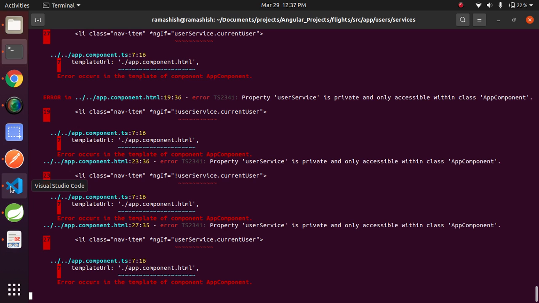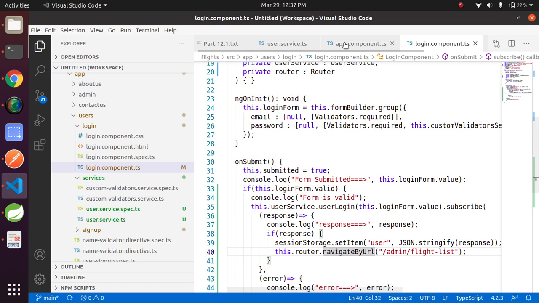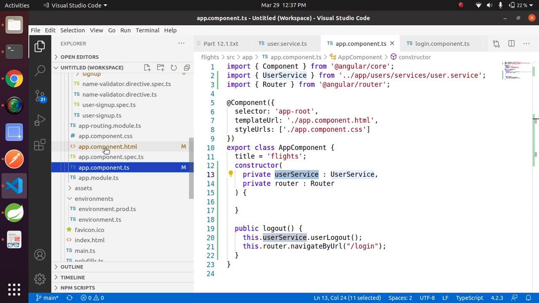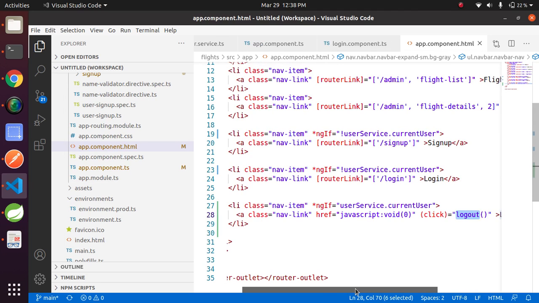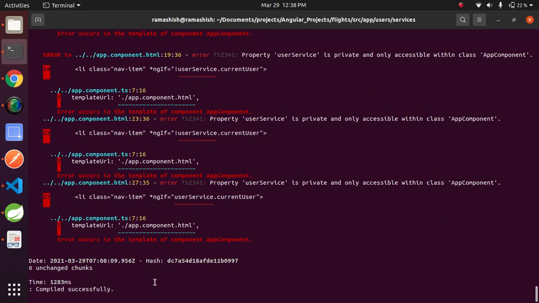Let's look at app component.ts, and user service is here, and we need to open the app component.html here. It's compiled successfully.